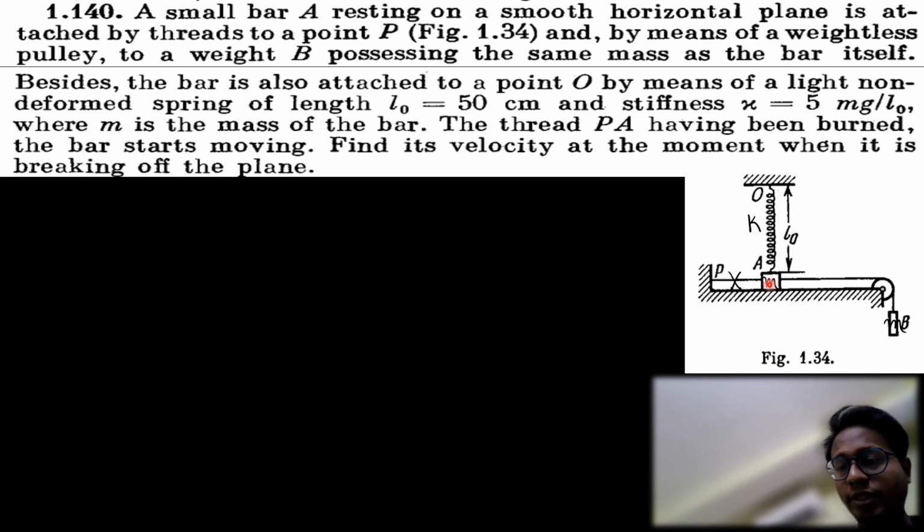This mass m will start sliding towards the right. At a certain point, what will happen? The block m will lift off from the ground. Why? There is a component of spring force in the upward direction, and a component of spring force in the left direction. The component of spring force in the upward direction will try to pull this block upward. The question is saying